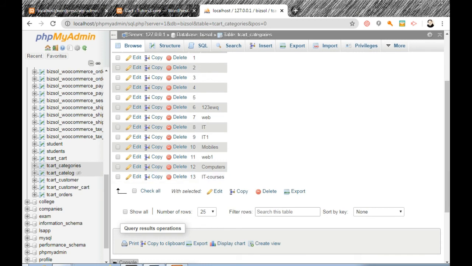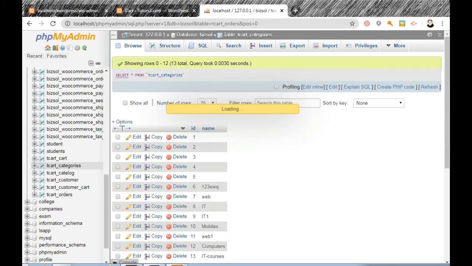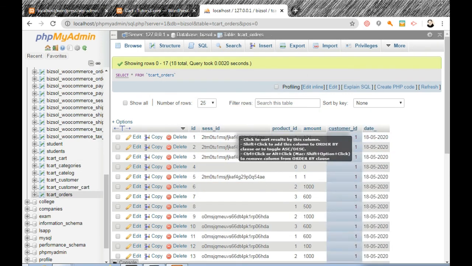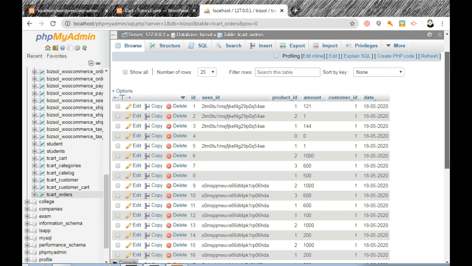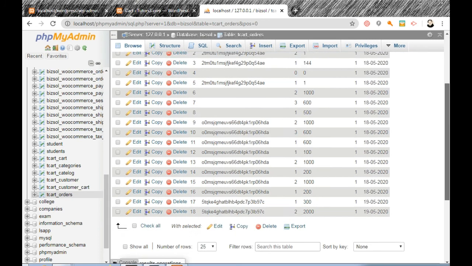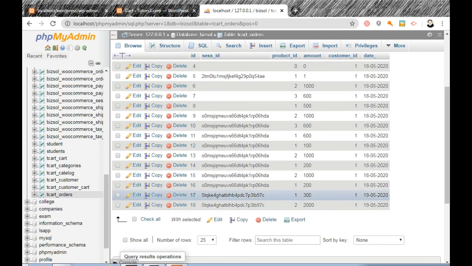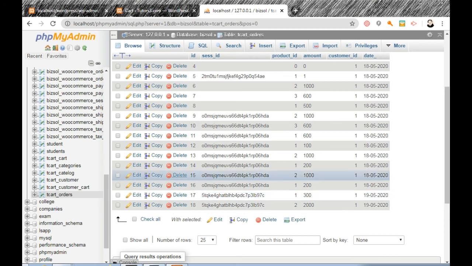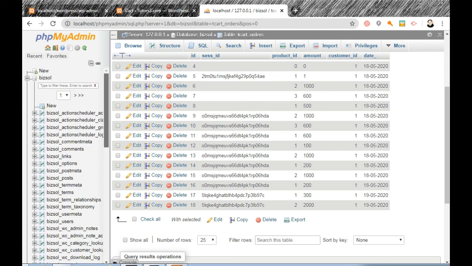Then we have orders. These are the orders, and we store the session ID, product ID, amount, customer ID, and date. This was 2000, the last order. And if I go to products, there is page 1, this is page 2.